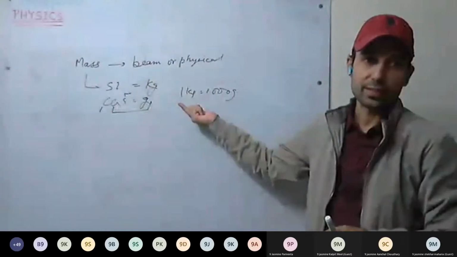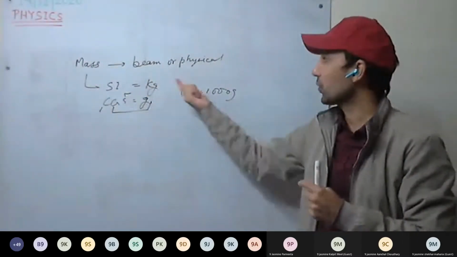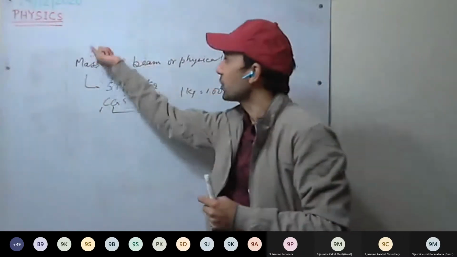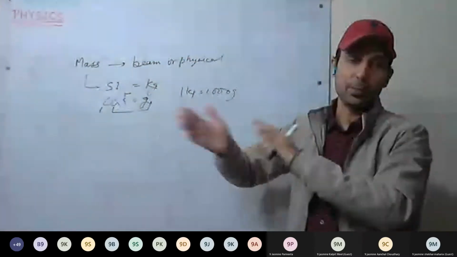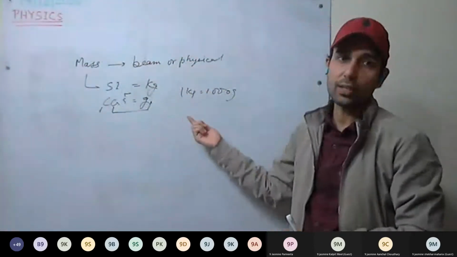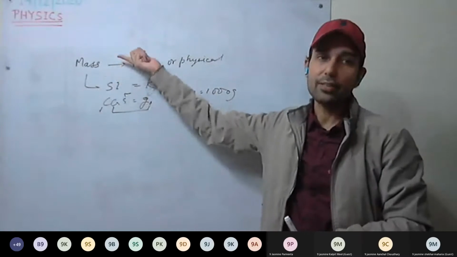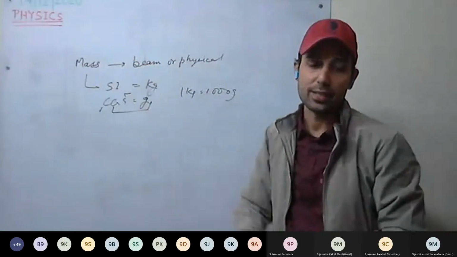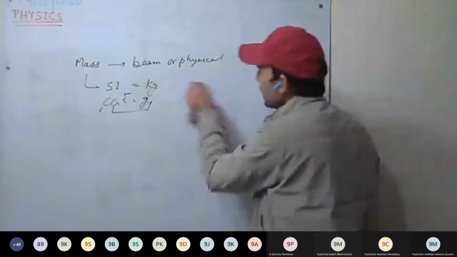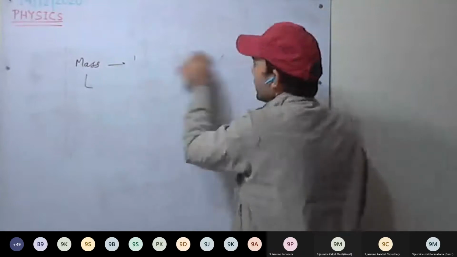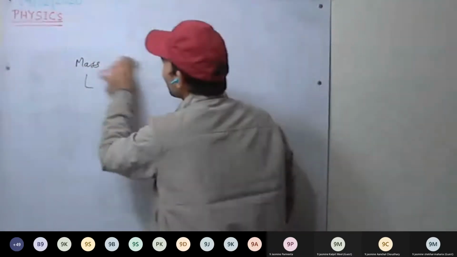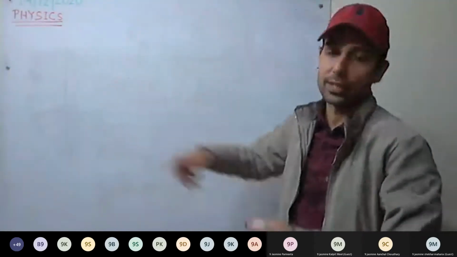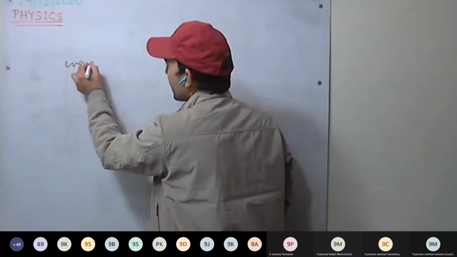So mass is clear. Does mass vary from place to place, or does it remain constant? No, sir, it remains constant, because it depends on matter content. Matter content doesn't vary from place to place. Whether it's on the moon or earth or sun, it will remain the same. Even in space, anywhere it is, the mass of a body remains the same. Whether it's on the equator or on the poles or under the earth, the mass is always constant. What varies is weight.